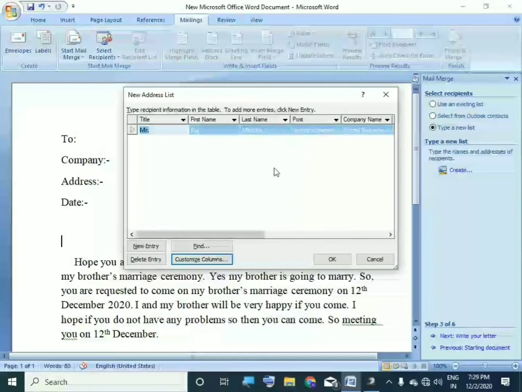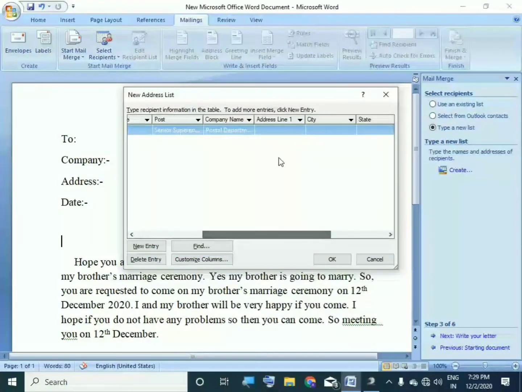So okay. So now here let's fill up address line 1. Suppose address line 1 is Bejikhali Lane. And the city is Krishna Nagar.